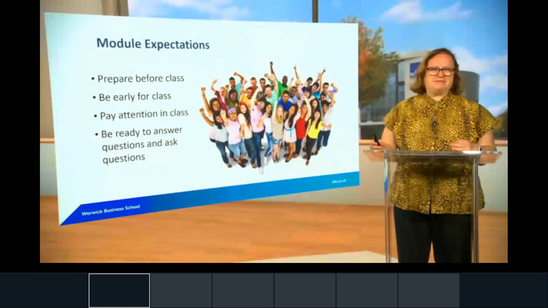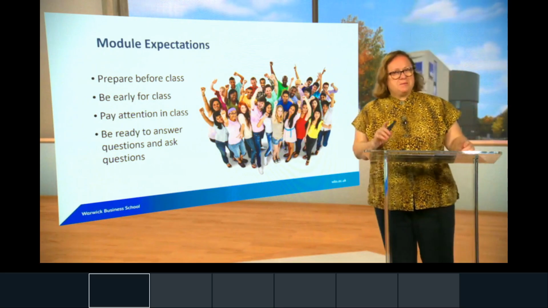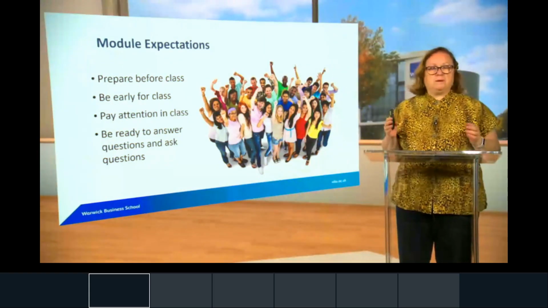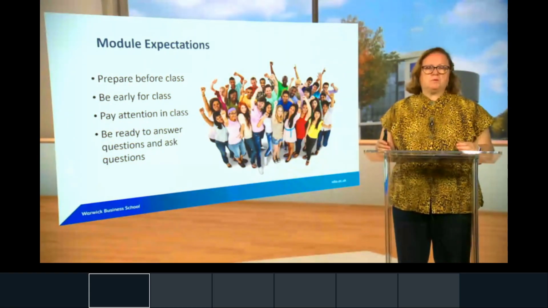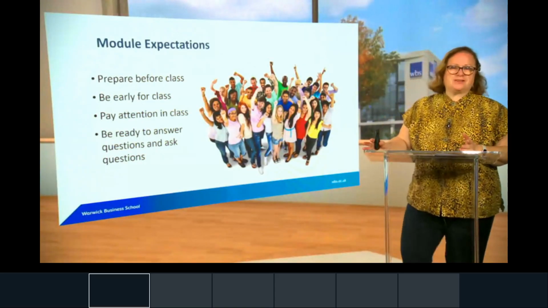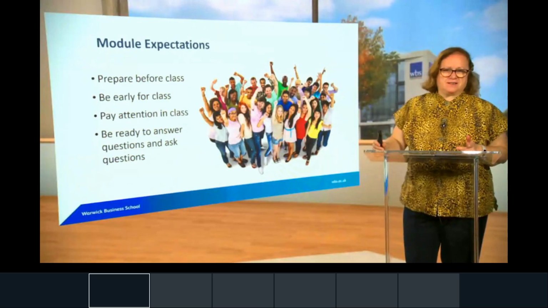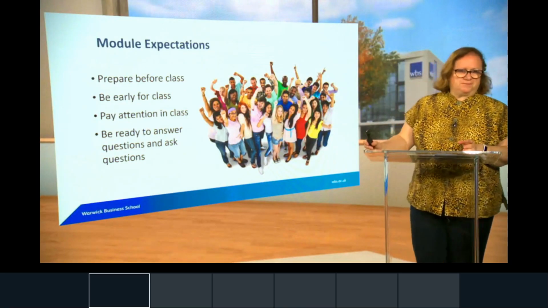Please be early for class. It's really frustrating with the workshops when somebody walks in partway through. Why is that? Because the majority of the work that we'll do in the workshops with you will be based in groups. We will put you into groups, and throughout the workshops, you'll be working in those groups. So if somebody rocks up to class at 20 past the hour, you'll be halfway through the first exercise. That can be quite frustrating for you to join into something that's already begun.